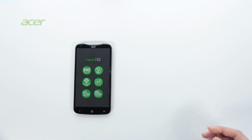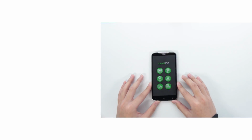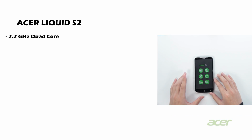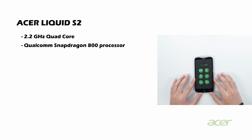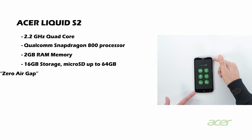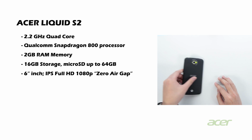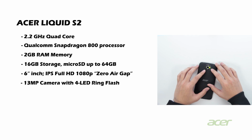Now let's take a look at the specs that's powering the Acer Liquid S2. There is a 2.2 GHz quad-core Qualcomm Snapdragon 800 processor with 2 GB of RAM, 16 GB of expandable storage that supports microSD cards of up to 64 GB, and of course, as you can see, there's a 6-inch Full HD IPS display with zero gap technology, and around the back, there's a pretty cool 13 megapixel f2.2 camera with